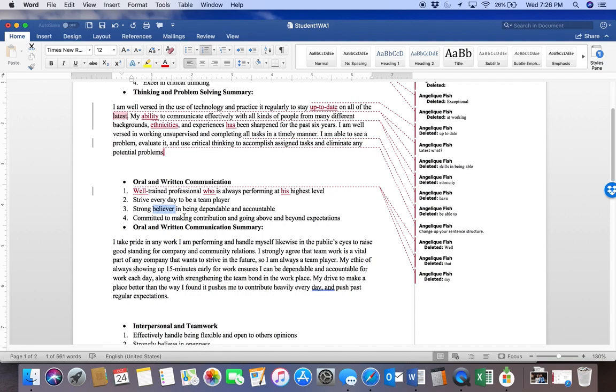Committed to making contribution and going above and beyond expectations. So again, we have a list here that is not parallel format. For this one, strive every day to be a team player, you would want to maybe start it with team player so that it starts with the noun player. But in order to know how to develop that more, I need to read down here to see what point